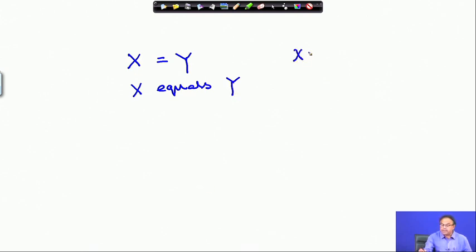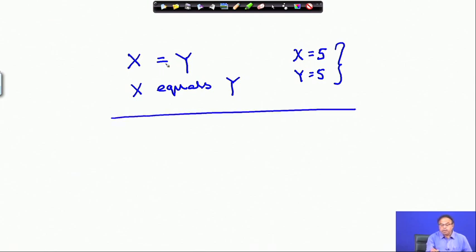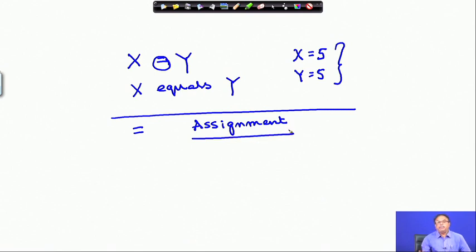So, if x is 5, then y is 5, right. But here this symbol actually means assignment. Now, this is something which you should understand, and this is fundamental to any programming language that we use.